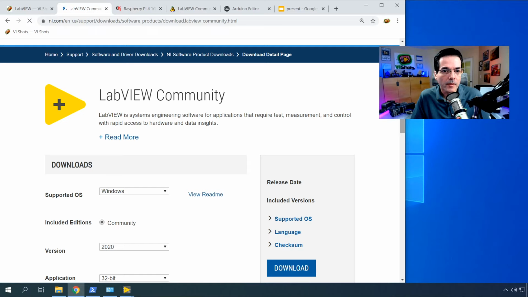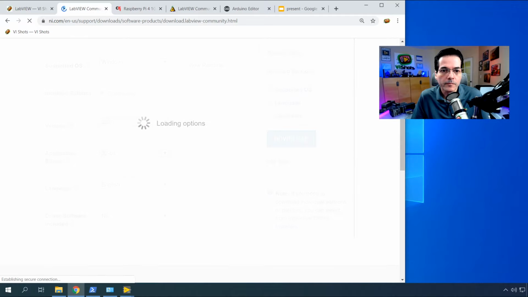Now, the licensing for LabVIEW Community lasts for 1 year, and activation happens the same way as you normally activate LabVIEW software. For those of you that are familiar with the LabVIEW Professional Edition, it activates the same way, the same activation process. It lasts for 1 year, after which you would have to renew the activation. So now, as far as how the licensing works,